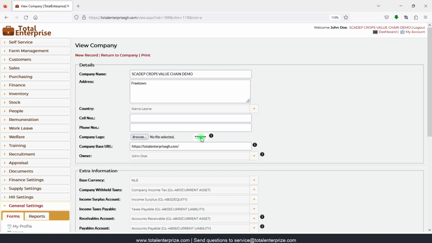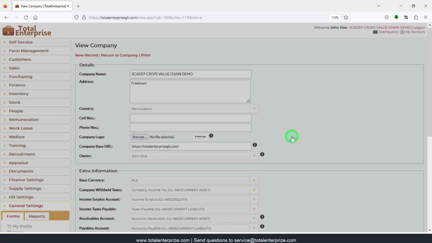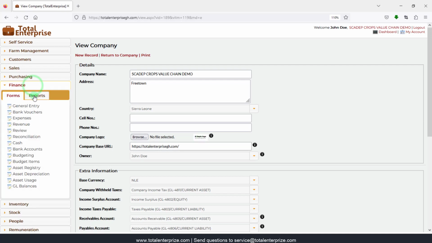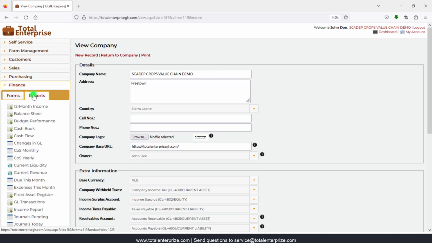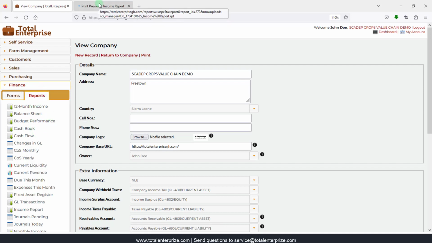So I have previously uploaded this logo, but I want to change it. How do I do that? I use this browse button. Before I change it though, I want to show you where this logo is used. So for example, let's pull up a finance report. Let's say we want to see our income statement. So I'm going to open up this now,